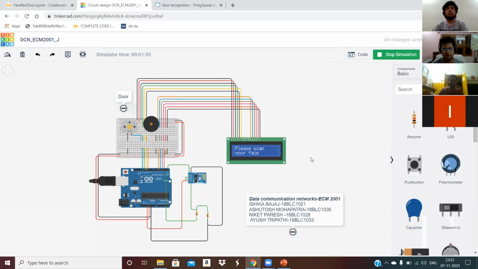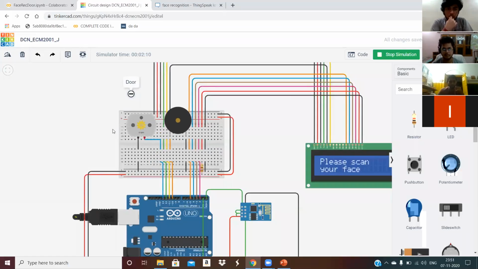The buzzer will turn on. I think there is a net problem. Yes, it's printing access denied and the buzzer sounds. There's a small motor connected over there, which I forgot to mention previously. This is the prototype of a door. It's showing 0 RPM, so it's not rotating. In the previous case, when it was the perfect access, it was rotating. So this was all about our project. Thank you, everyone.